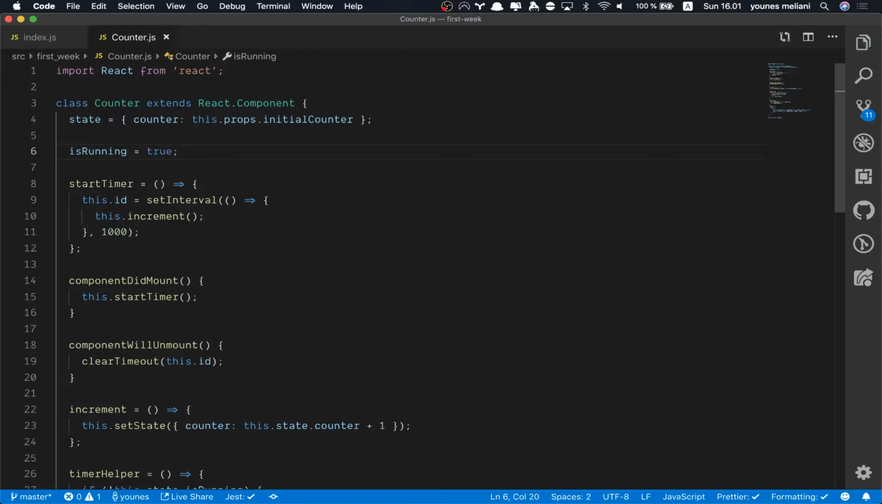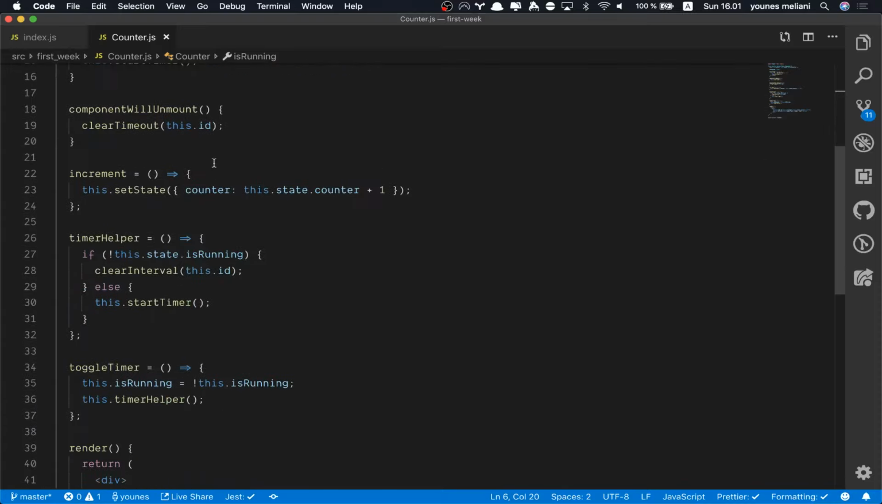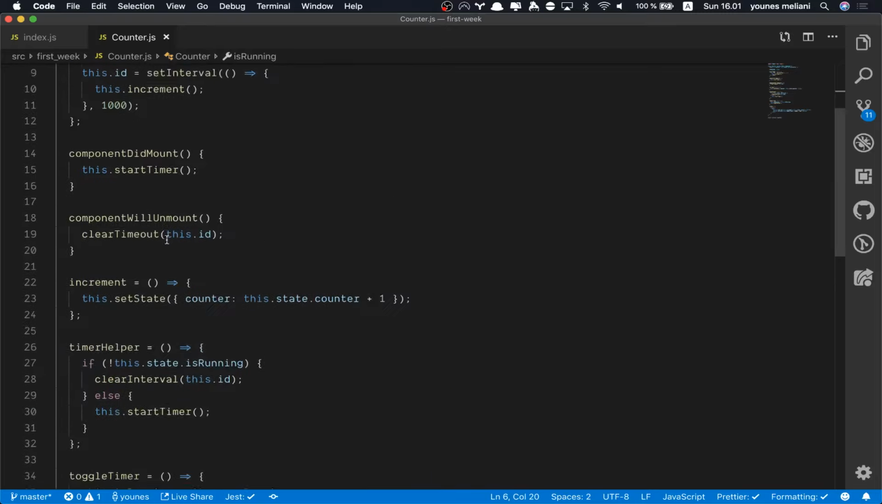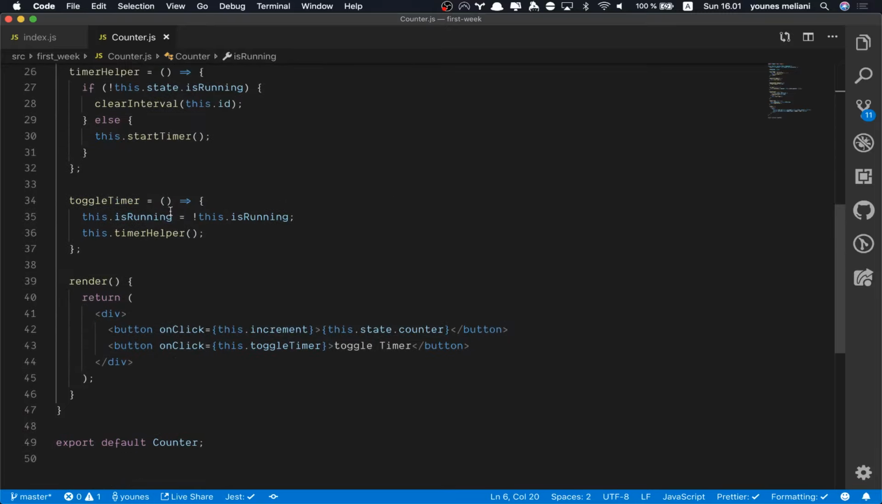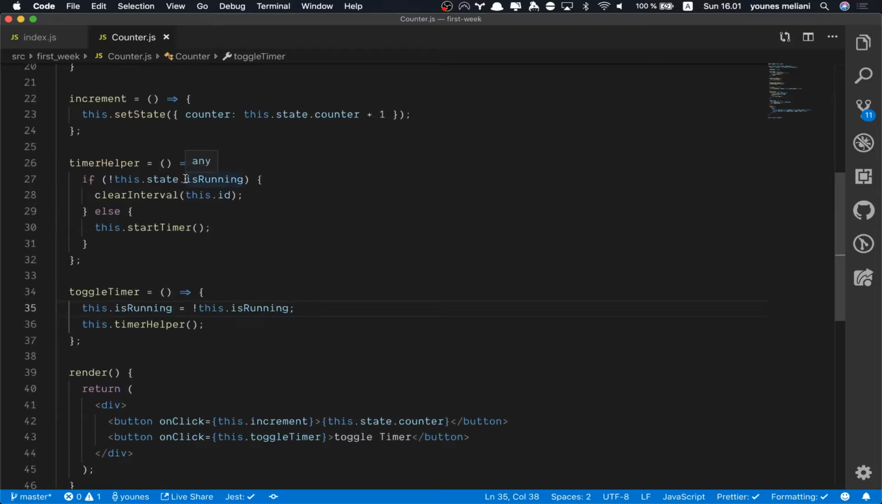Outside, it's like this.state. This will be put in the constructor as this.isRunning. Remember that? All these will be like this.isRunning true. It will be initialized like that, always will be that. So here we can say this.isRunning is true, and here instead of checking,